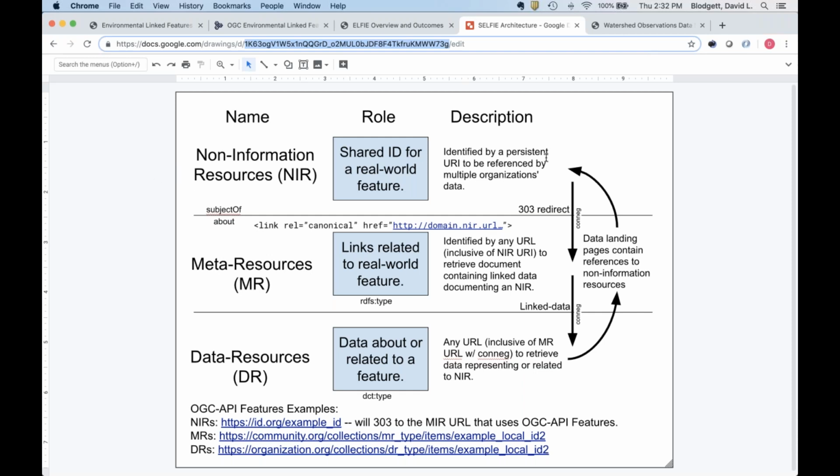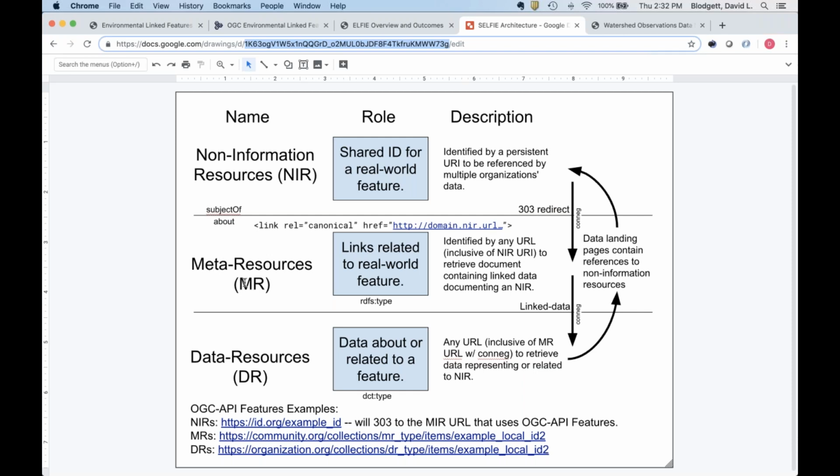So we have this top tier of our resource model. This diagram is of a resource model, and resource is in the context of a uniform resource identifier, uniform resource locator. We're saying that the top tier of this resource model is really a uniform resource identifier. And the only thing you'll ever get when you go to that URI is a 300 series, probably 303 redirect to a uniform resource locator that returns what we're referring to as a meta resource.